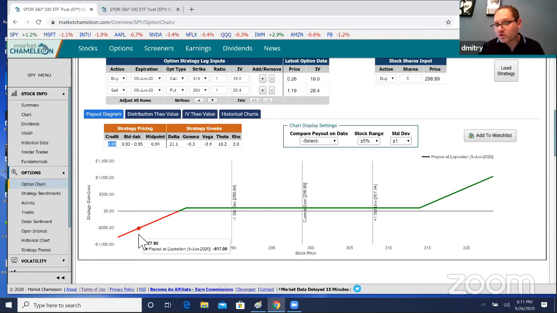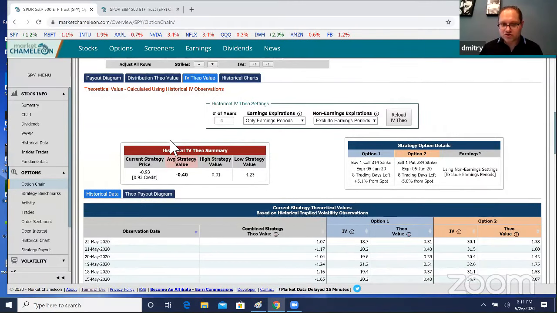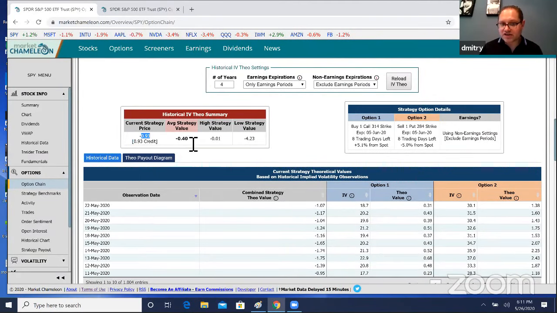Let's take a look historically at what levels it traded at. So I'm going to go here to the IVTO, right? And here, today we're getting a credit of 93 cents. Historically, the average credit was 40 cents. So it's like the market today is paying you an extra 53 cents, right? That's how you look at it, an extra 53 cents above the average